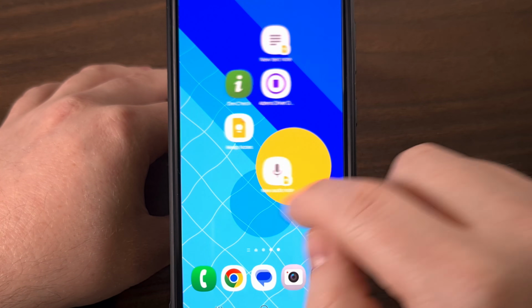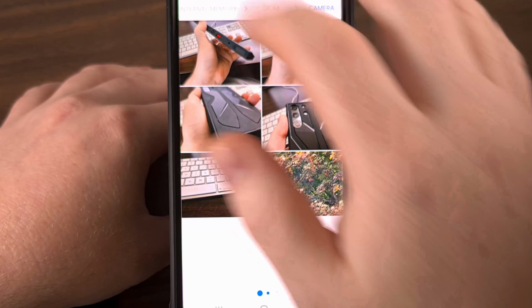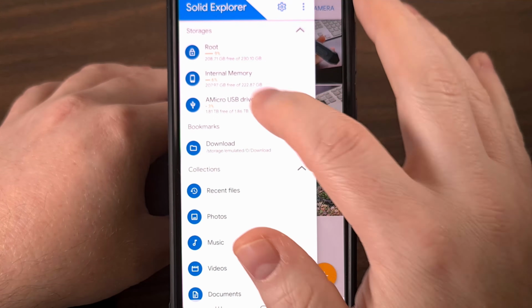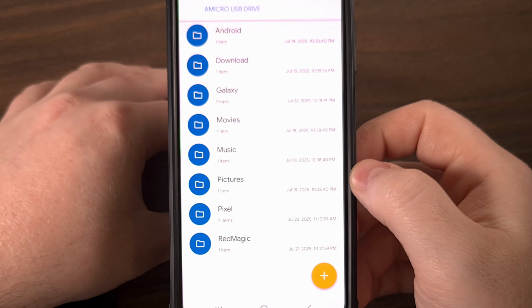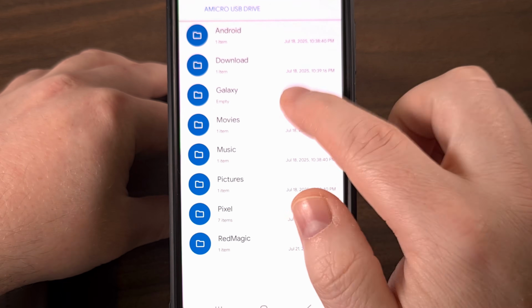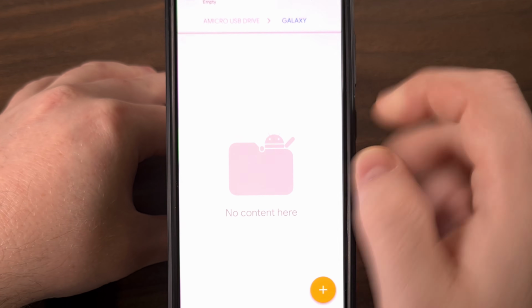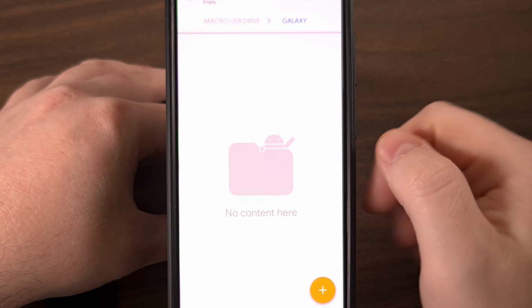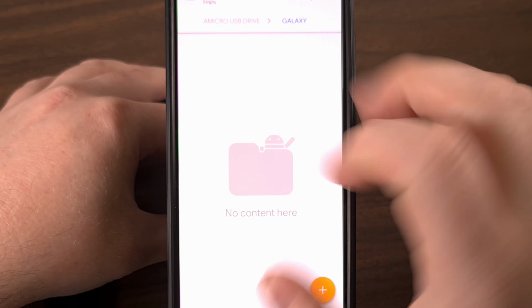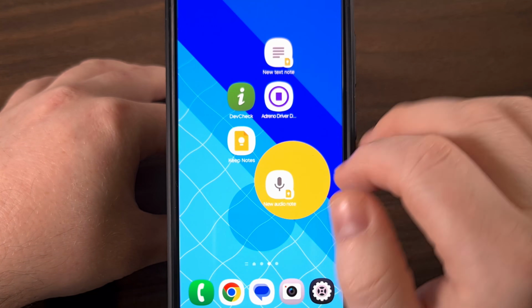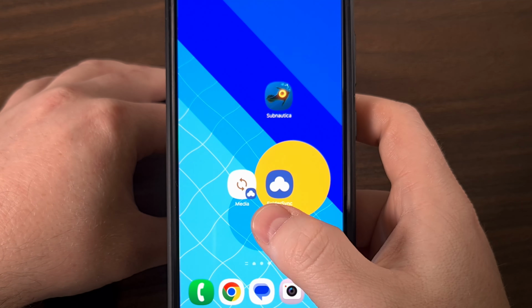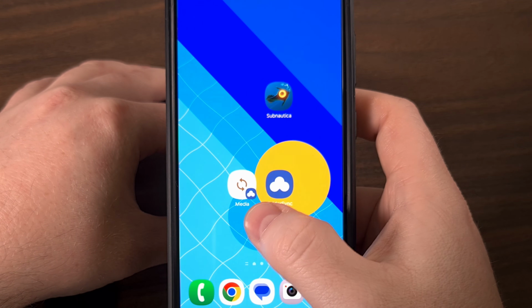But real quick, just as a reminder, here is that USB storage device that we have. And here is that folder that we created specifically for this backup. So you can see there's nothing in this folder. But when we go and we tap on that widget that we created,